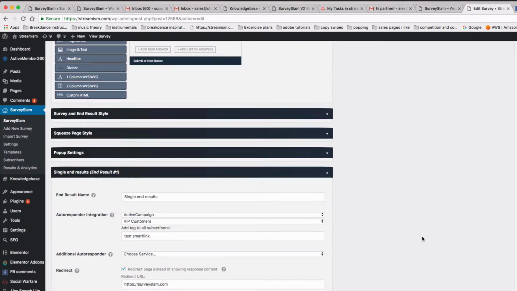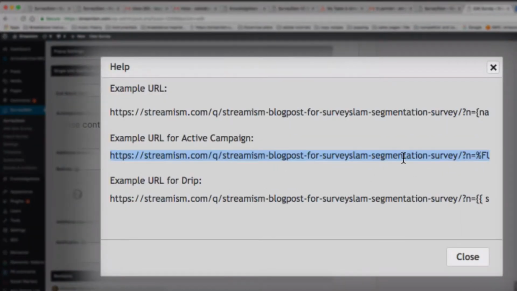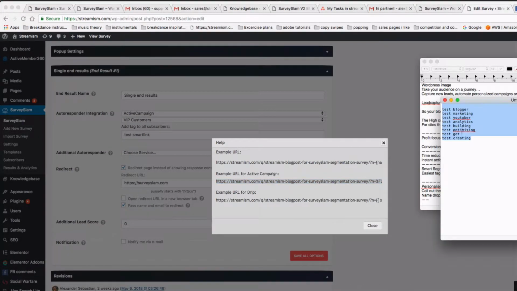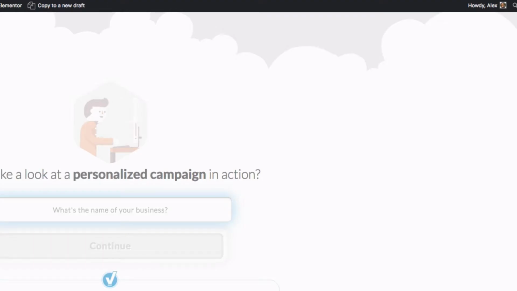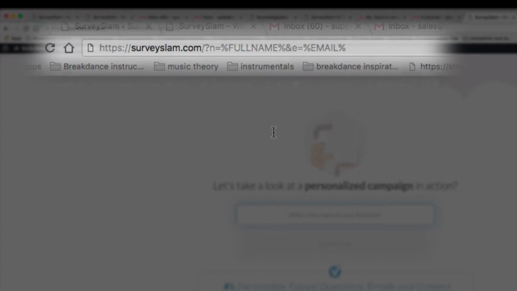So if you're using an embed, go back down to the examples. Now, for example, I use Active Campaign. So what I want to do is copy this URL. I'm going to open up a blank Word document. And all we need to do is take this last string of letters here, and we're going to paste that onto the end of the URL we actually want to send people to. So you want to make sure it's just a single dash up there. So now we're going to take this URL